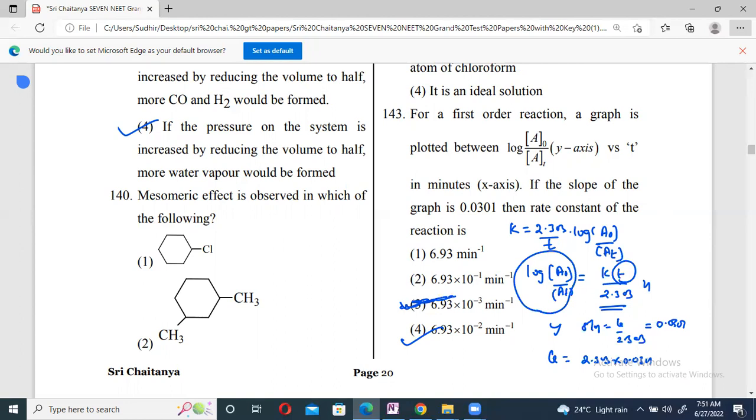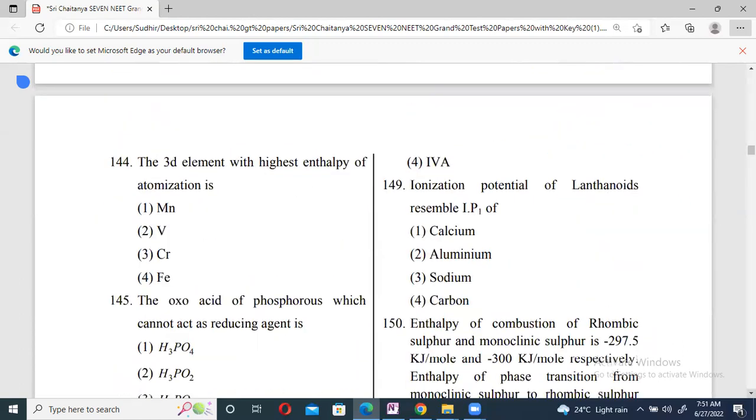The remaining part I will take in my next video, as the time is completed. 144. The 3d element with the highest enthalpy of atomization. Everybody knows that in the 3d or the d block, the highest enthalpy of